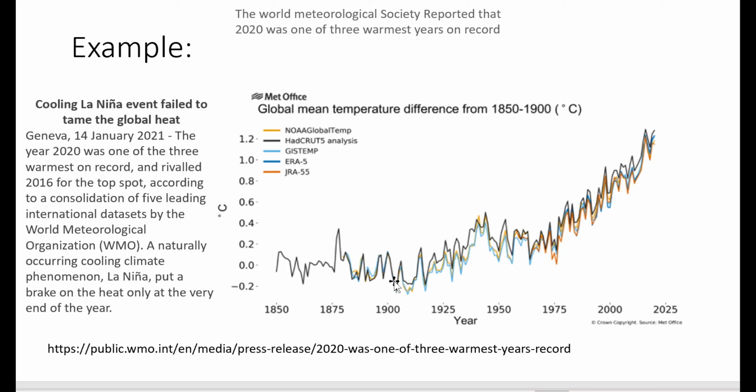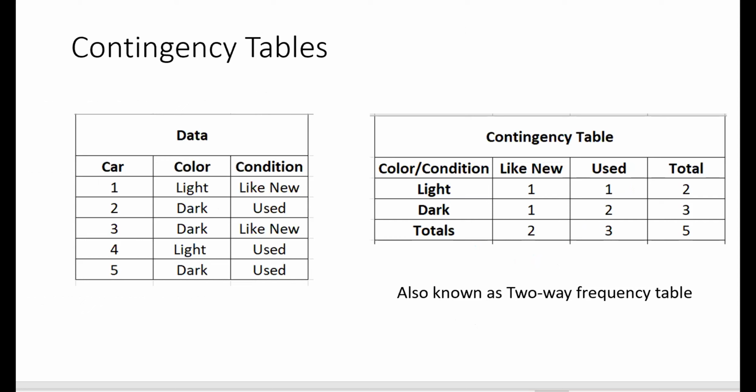Okay, and as we can see, basically they took the average for this period right there. But then as you can see, the temperature was increasing all the time. Like it went down a little bit between 1950 and 1975 roughly, and then it kept on going up and up and up. So this is an example of a time series or time scatter plot. All right, now let's talk about another type